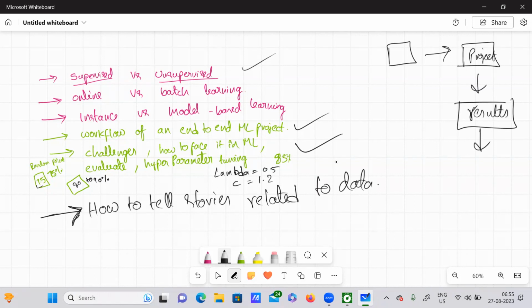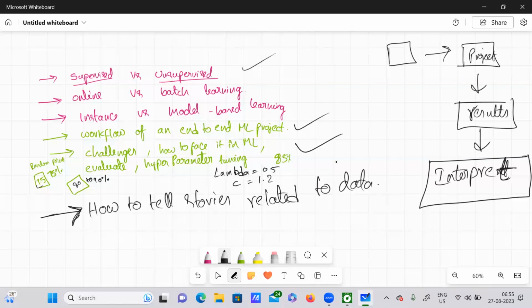After getting results, you need to understand them better, and you need to interpret them. What is the meaning of this particular value, and with this value, what can we do? You need to think in this perspective. It comes under interpretation. So you need to interpret it well, and you need to tell the stories.